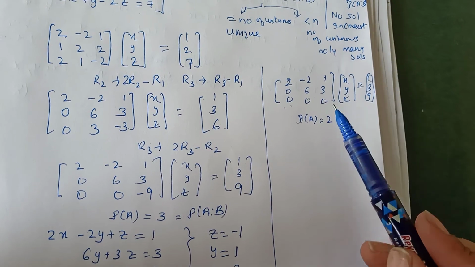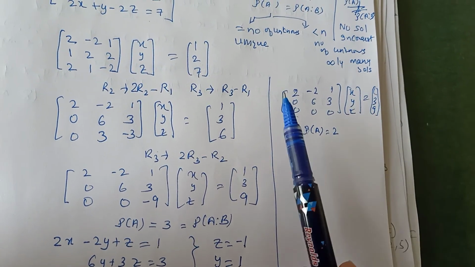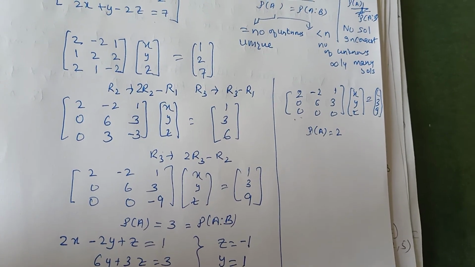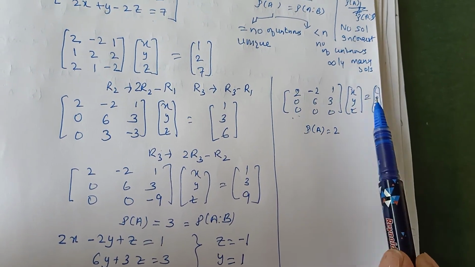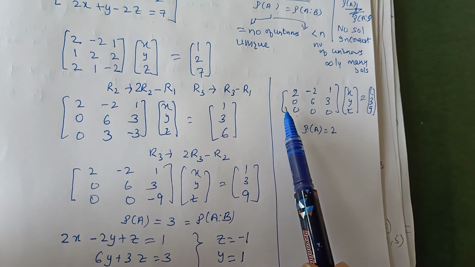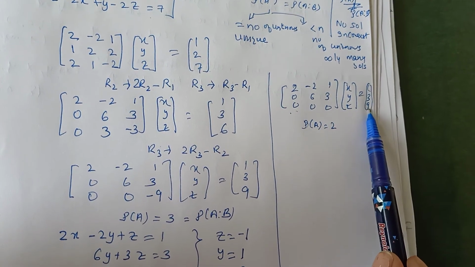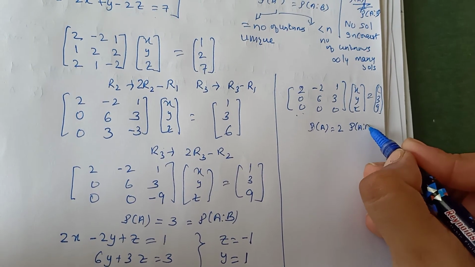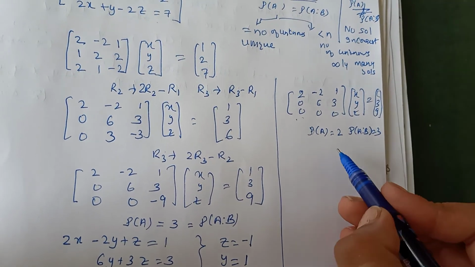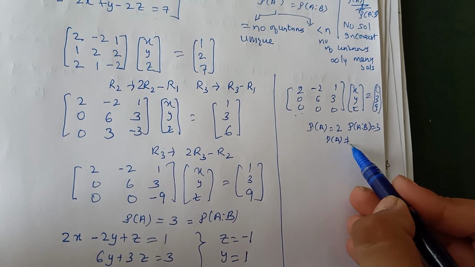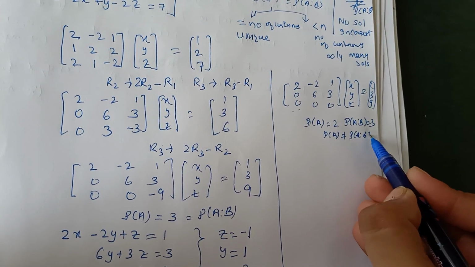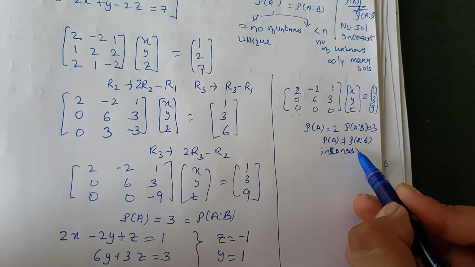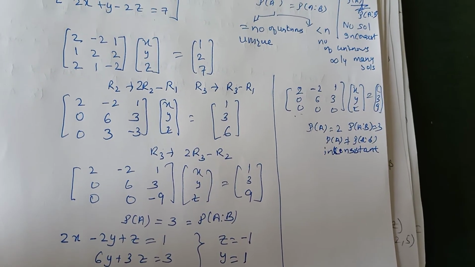What about the rank of A augmented B? Now this complete first row is non-zero, 1, 2, 3, 4 non-zero entries. This is non-zero, we are having non-zero entries. Third row, look at this entry now. This is non-zero. So the rank of A augmented B is 3 in this case. So the ranks will not be the same in this case. So this system is inconsistent, that is, it is having no solution.